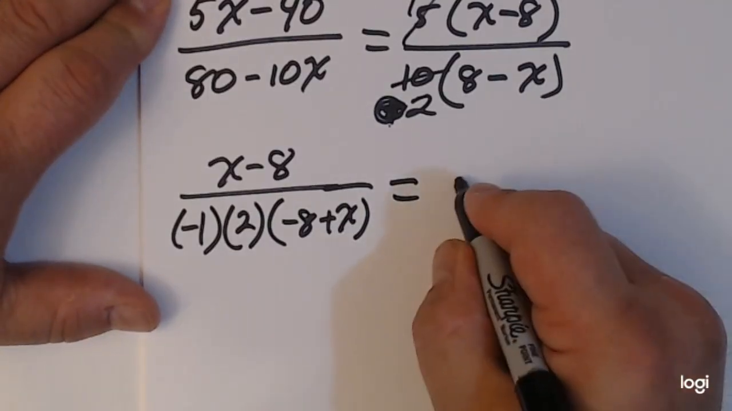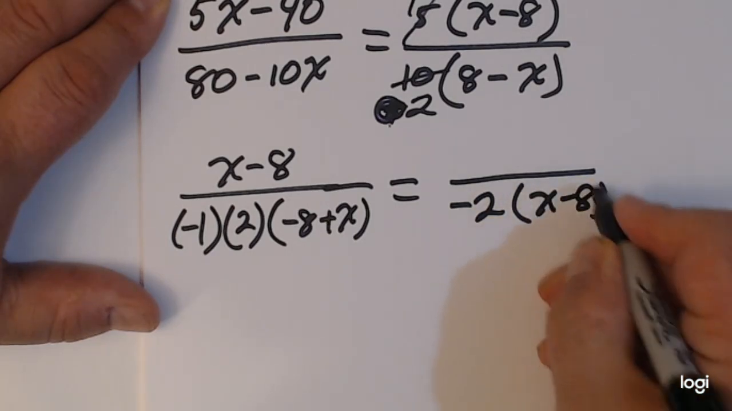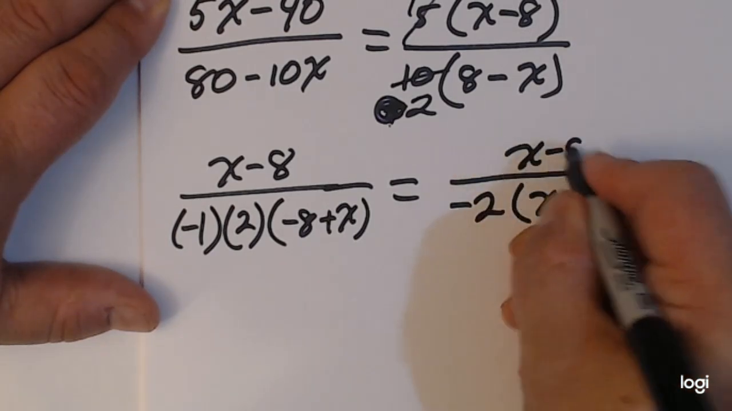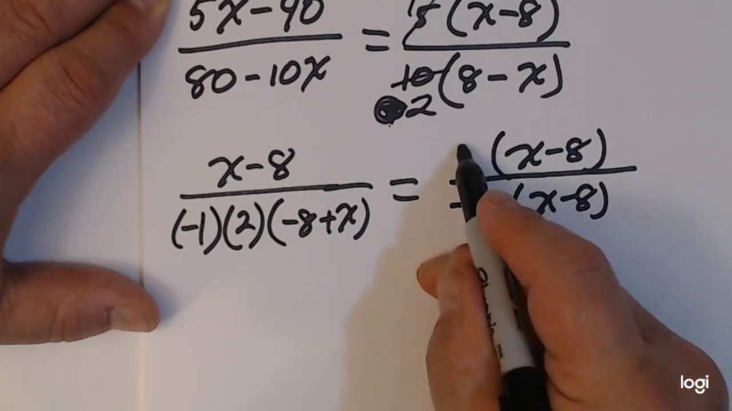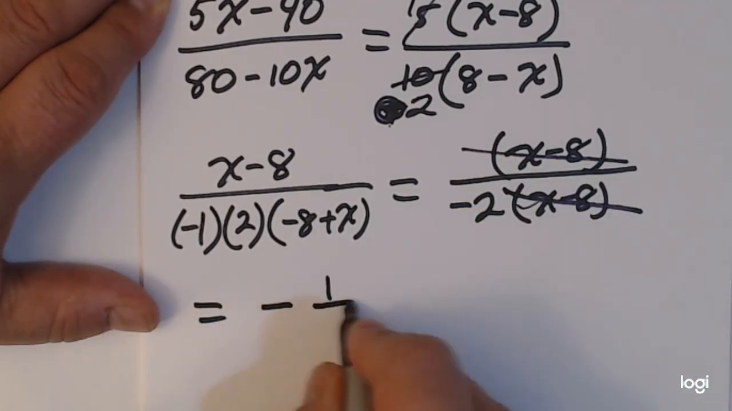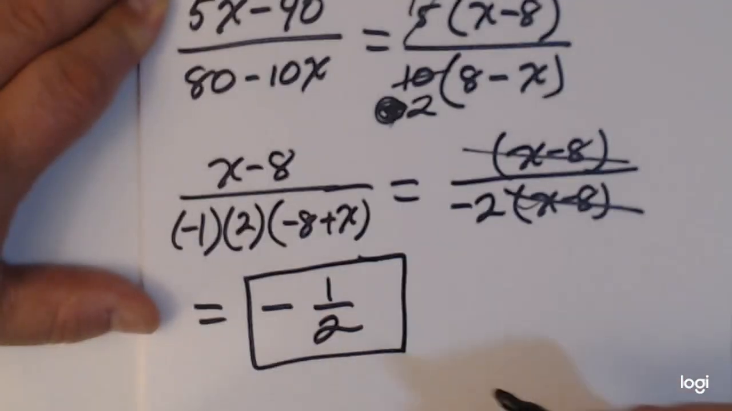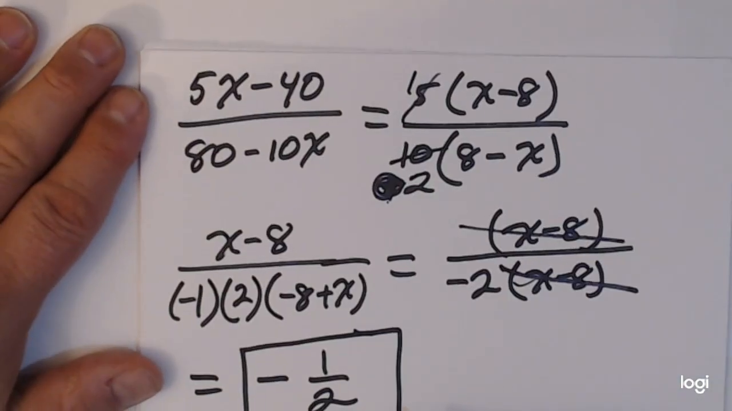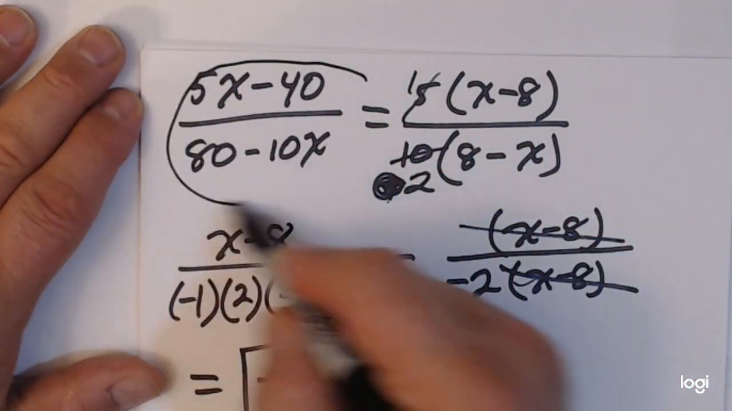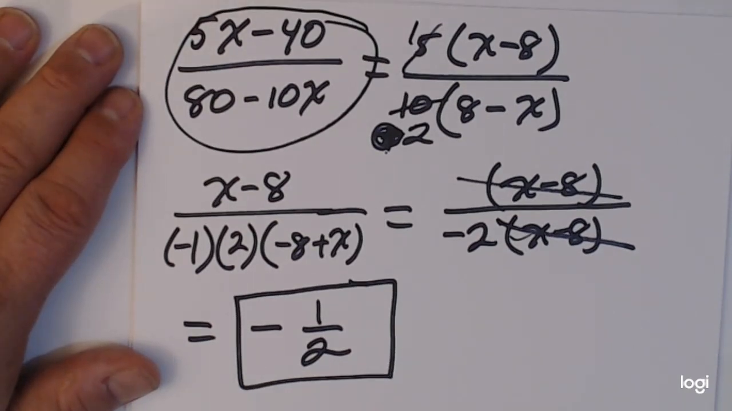And that becomes negative 2 times x minus 8 over x minus 8. These two guys cancel, and we're left with negative 1/2. And I'll bet you never saw that coming when we started with this up here. That doesn't look like negative 1/2, at least not the way it is. I can see how it got that way, but